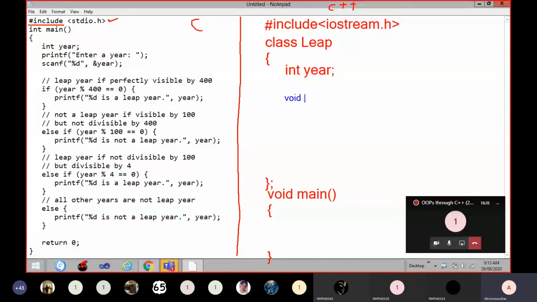So return type is void here, because I don't want to return anything. Suppose if you want to return anything, yes, you can specify that data type as the return type here. Okay, so that is not a matter.